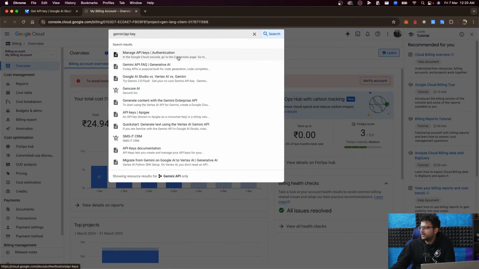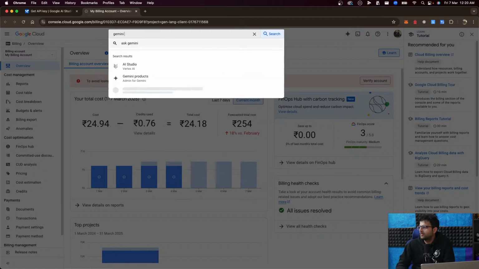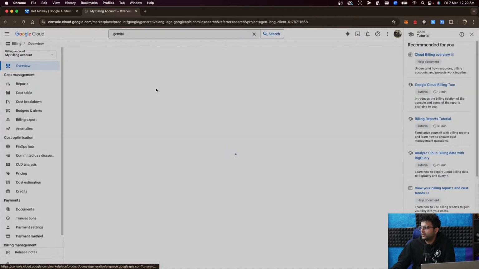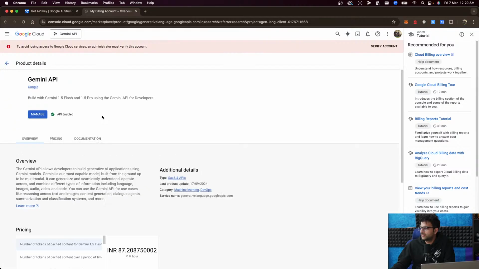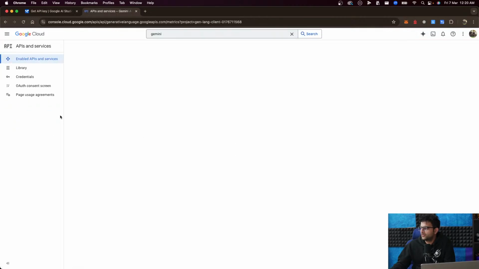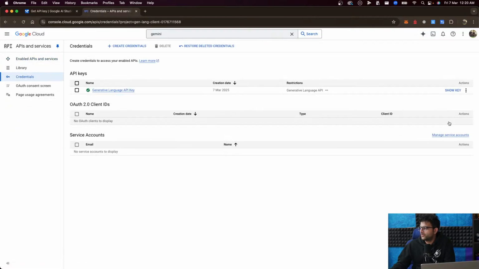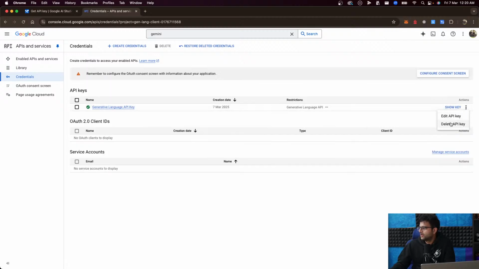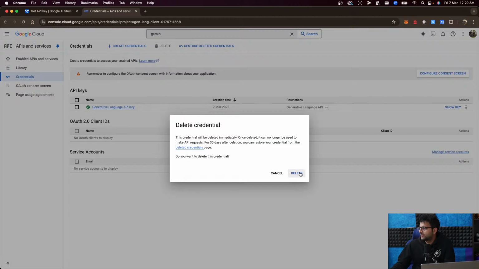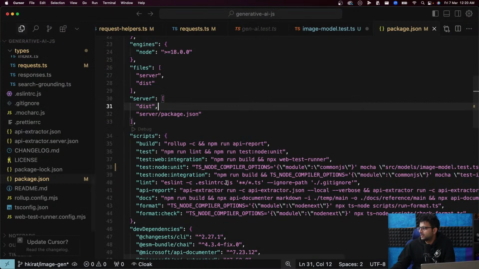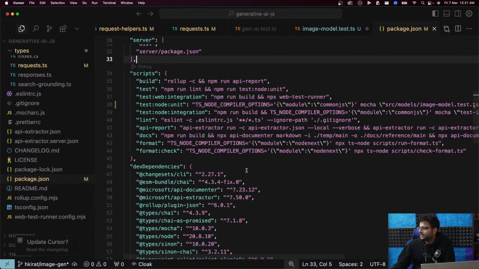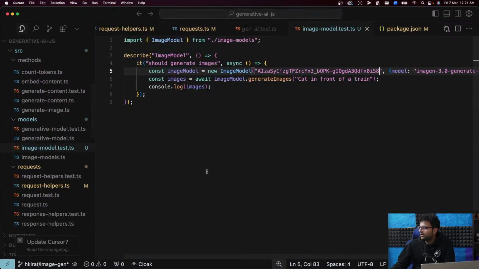Gemini API key, or just search for Gemini API. Manage credentials. Delete. Cool. This is done. Let's go back to image model.